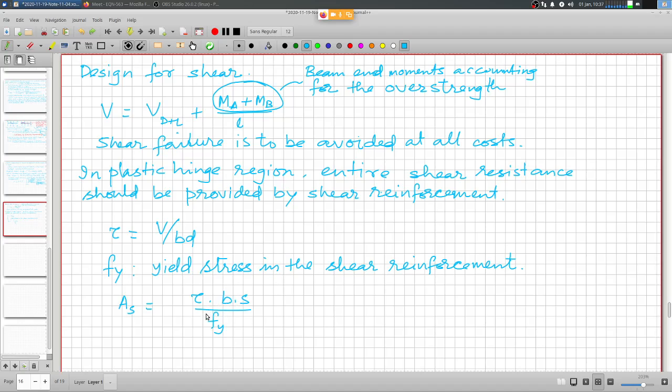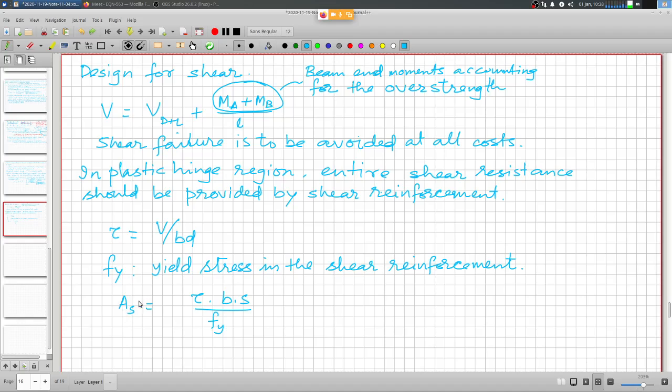Right, so b is the beam width, s is the spacing between the stirrups, and fy is the yield stress of the steel, and this is the cross-sectional area of the steel reinforcement required